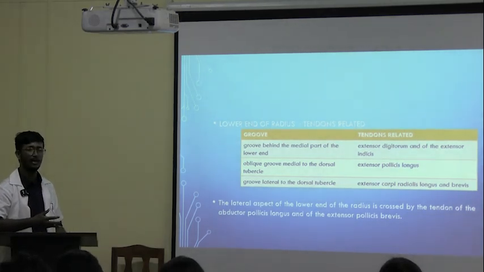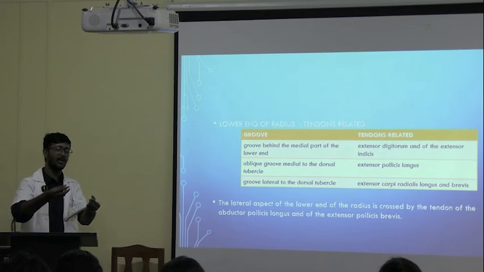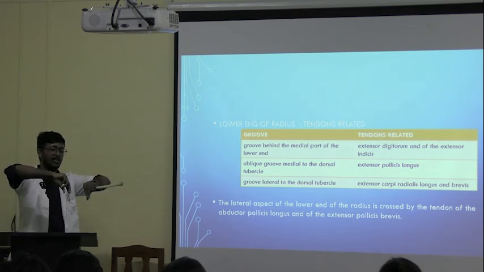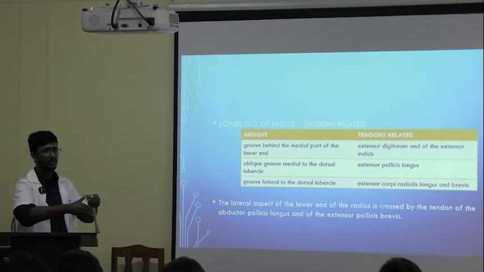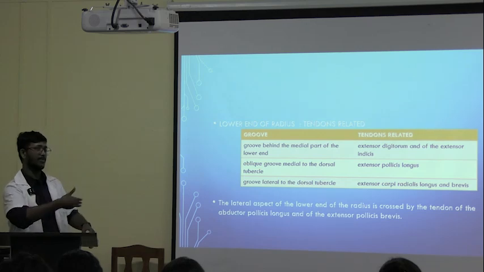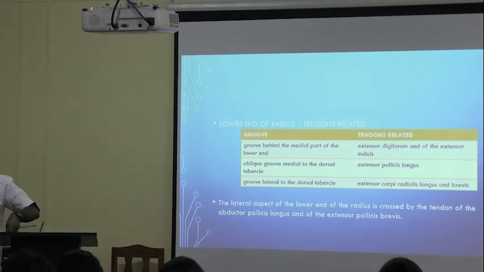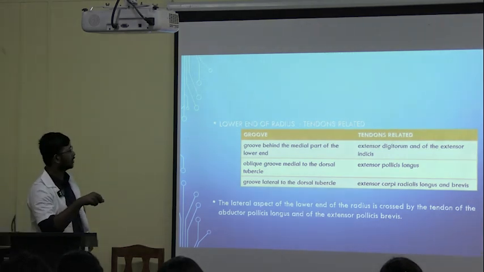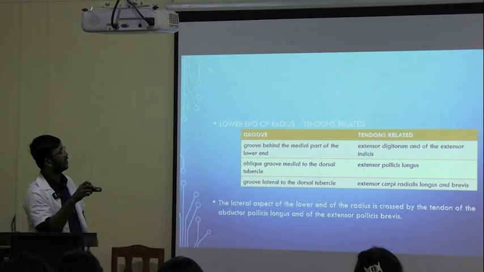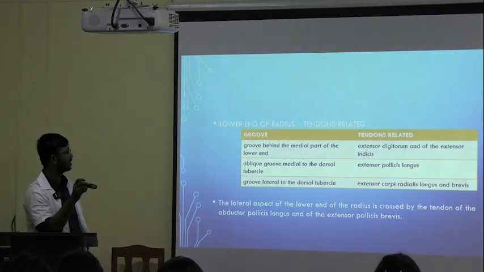Front side we will see, because during the embryology portion you will see it rotates like this. So the front side becomes extensors and the behind part becomes flexors. So you will see that we usually bend our knees like this but flex our elbow like this. Okay. So the groove behind the medial part of the lower end, extensor digitorum and extensor indicis, these tendons are